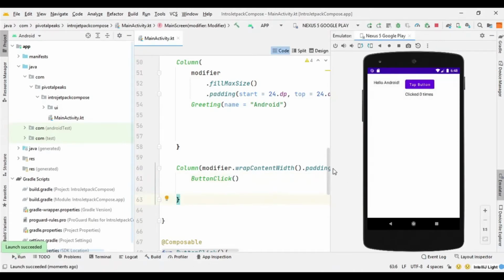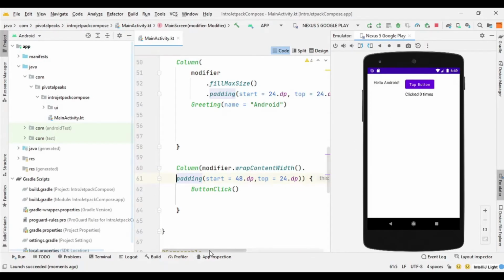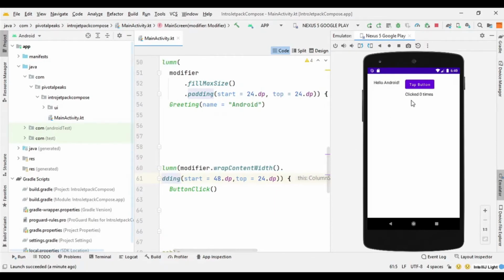So now we have another column, and this is just because I have given it, where did it go, padding of 48 dp start. So it is starting from 48 dp from this position. So this one is starting from 24 dp and this one is starting from 48 dp. So it's difficult to understand because we don't have any way to see how much space this component is taking.